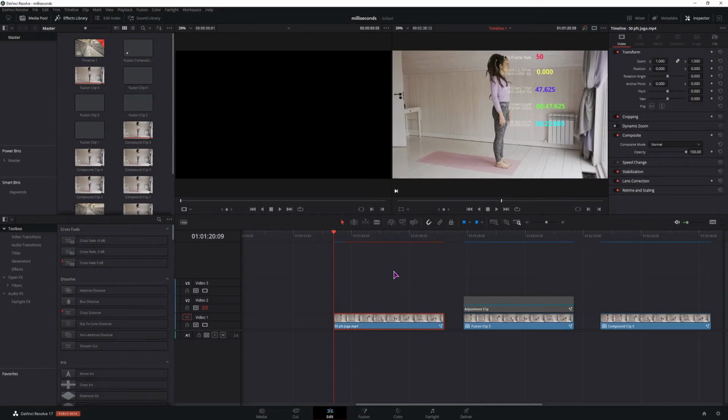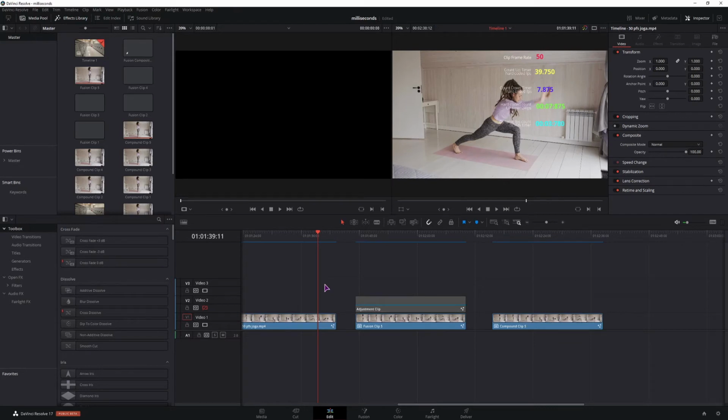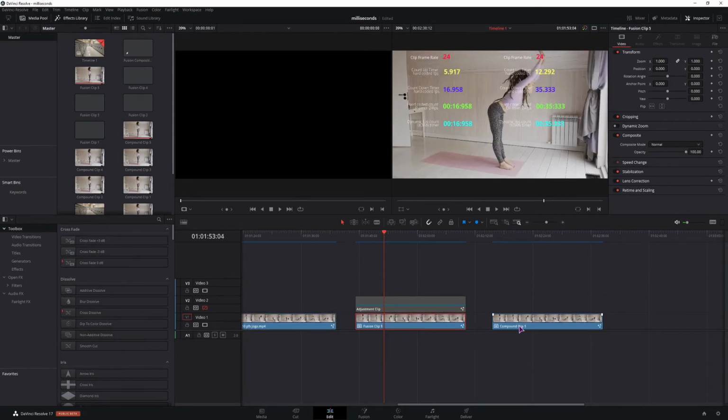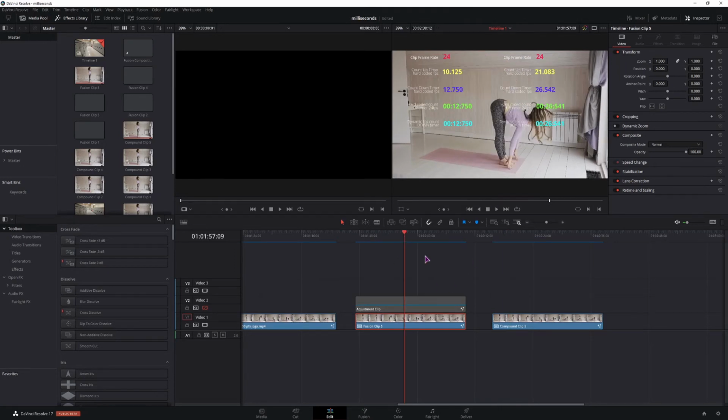Now that's all nice, but some of the clips don't have 24 frames. Or maybe your project is not at 24 frames. What then? So what we need is a way to get the FPS dynamically. So if I have 24 frames per second and another clip is 50, 60, 120, we don't want to change those manually. Now we can guess that that code is for FPS, but if we take a look at the original clip, we can see that the clip frame rate is 50, which is the actual frame rate of the clip. But if we convert that clip to the Fusion clip or the compound clip, we can see that the frame rate is 24. Just based on that, I would apply the timers in the Fusion or the compound clips.